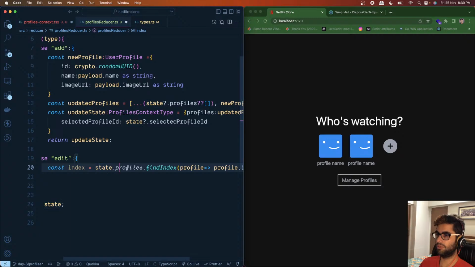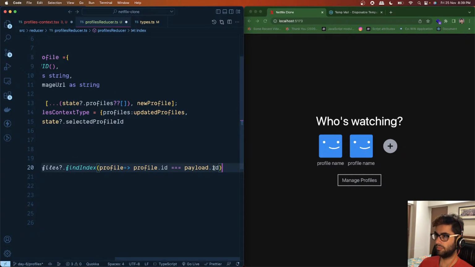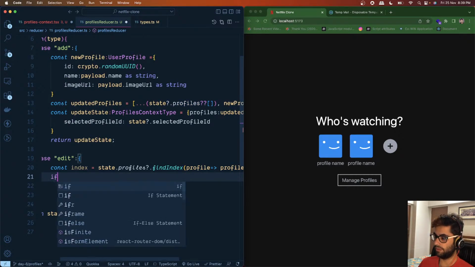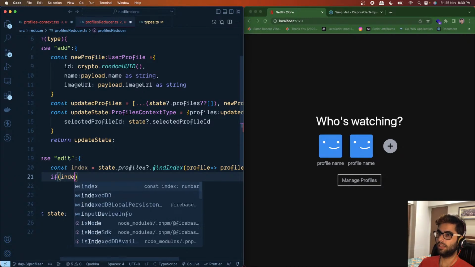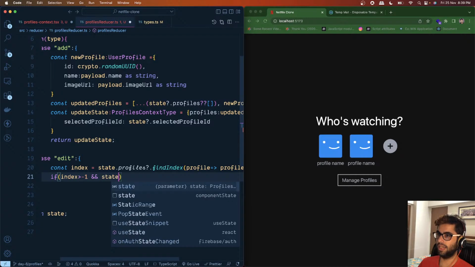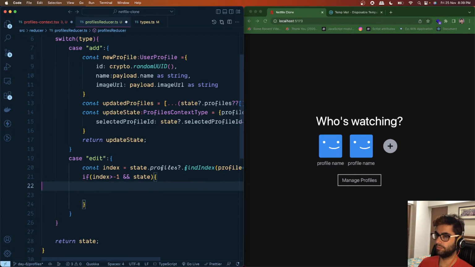And here also we want to ensure that there are profiles available, and if we do not get anything, we'll just return -1, and we will check if index is greater than -1 and the state exists. In that case, you will create